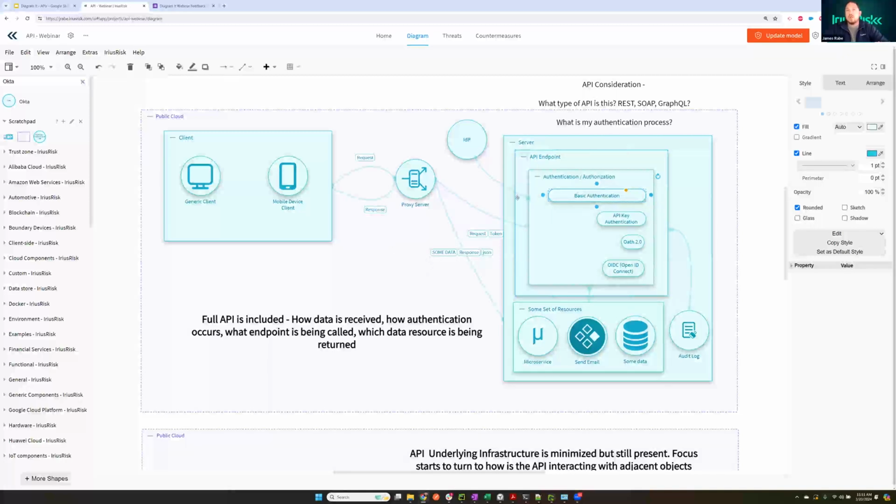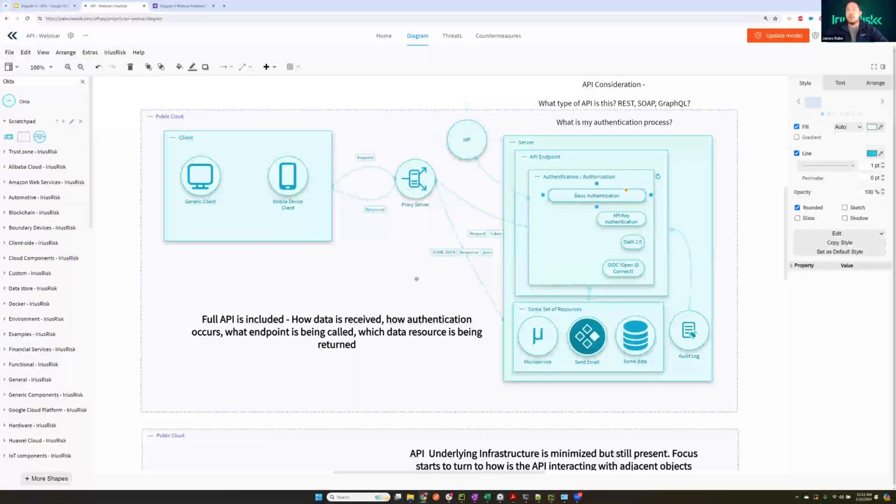If the focus is just on the API and how it's structured, I can probably start to reduce some of the outside items with the request, where it's being sent. Obviously, I'm not going to threat model my ADP here. So I'm including a single component as opposed to what I had in the previous month's webinar, where I had the entire authentication SSO process being represented inside of that threat model. I've reduced that down by using only a single